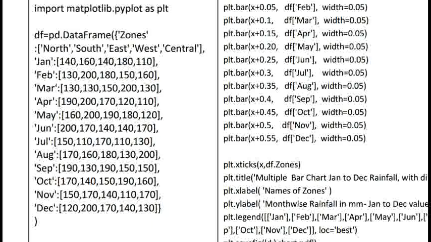Then Feb data, then March column data, then April column data, then May column data. In our dictionary, these are our keys. In general language we can say this is our column name, and each and every column name has a particular set of values. So May data, June data, July data, August data, September data, October, November and December. These are keys in our language, these are columns, and respectively these are values, because it is a dictionary of lists concept.